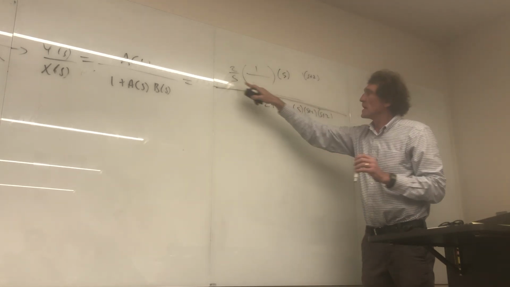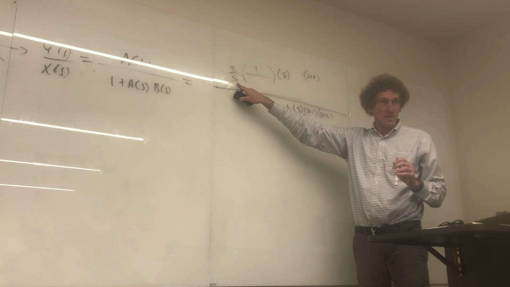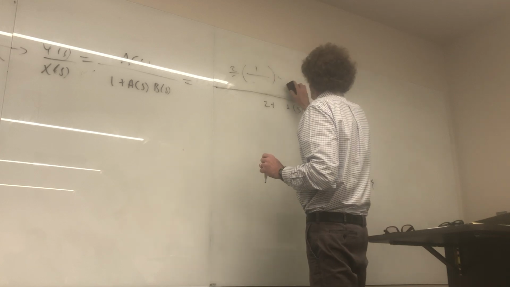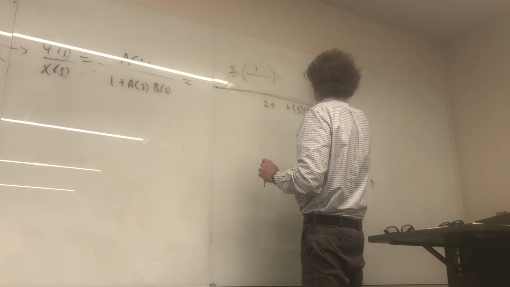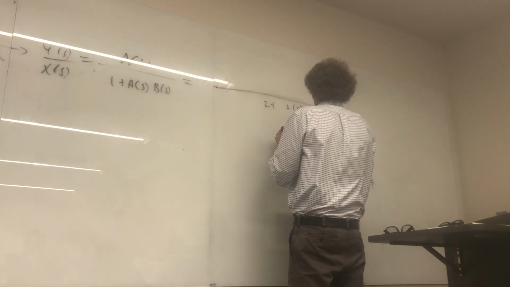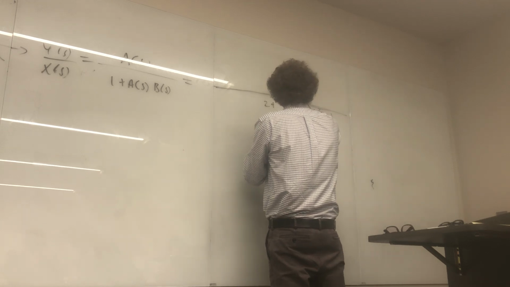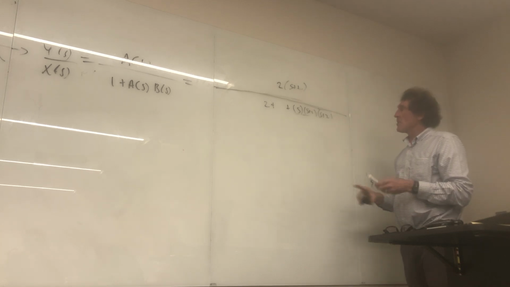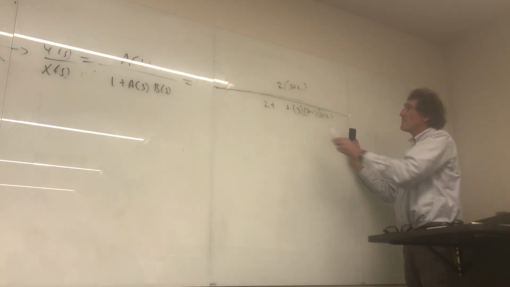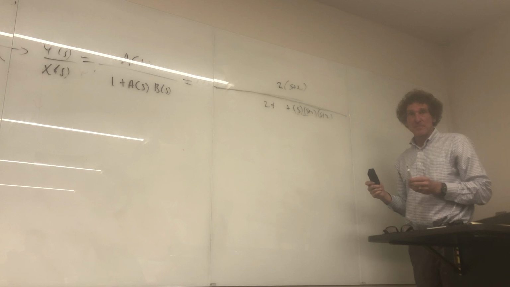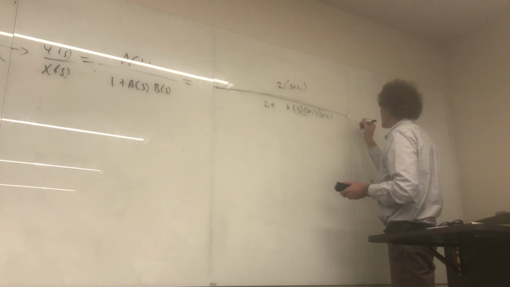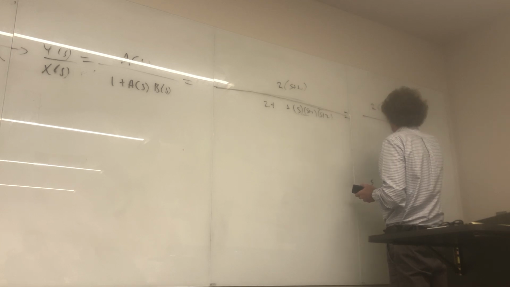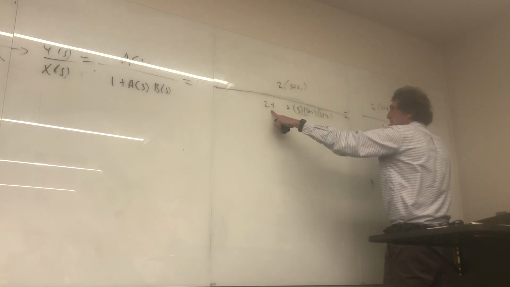Now the S cancels. Everybody? Get rid of that. So I'm left with S plus 2 times 2 on top. Correct, class? Now on the bottom, you have to go and multiply this out. I mean, there's no way around it. So what am I going to be left with? On the top I have 2 over S plus 2 over, now this is going to